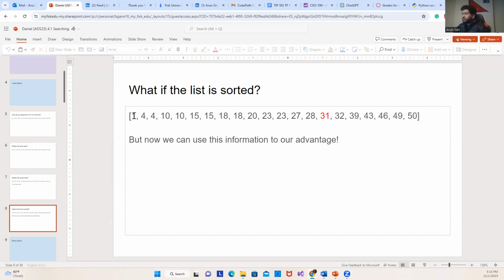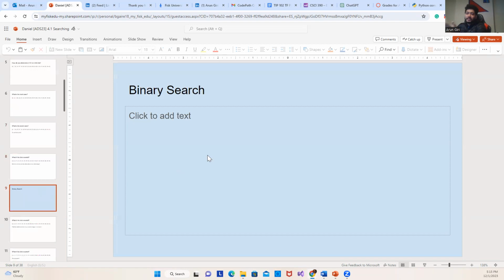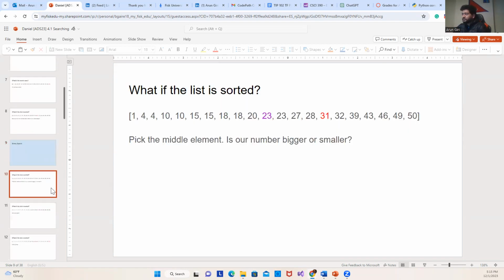Now you can see the numbers are sorted in increasing order, and 31 is in red, meaning that we want to find this number. Can we use this sorting information to our advantage? Yes, we can, and that is where the concept of binary search comes into play. So let us try to understand how this works. What we really want to do is find 31, and because the list is sorted,